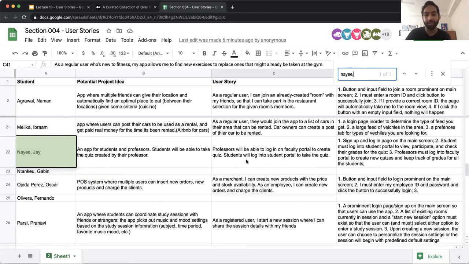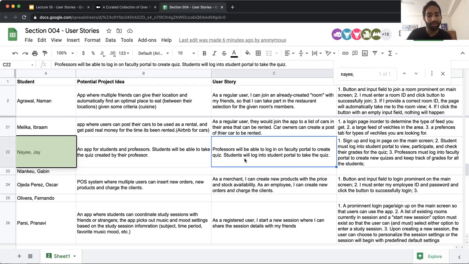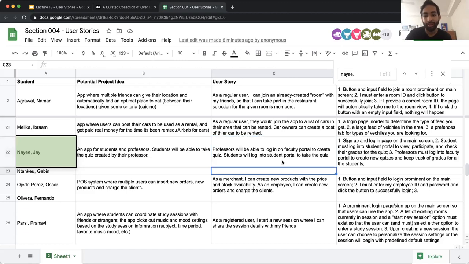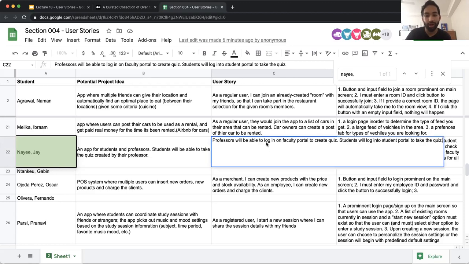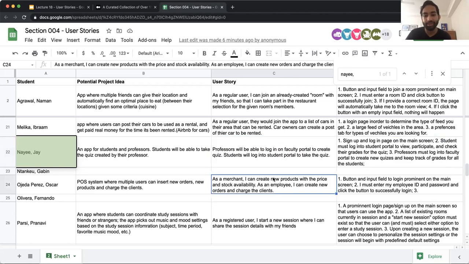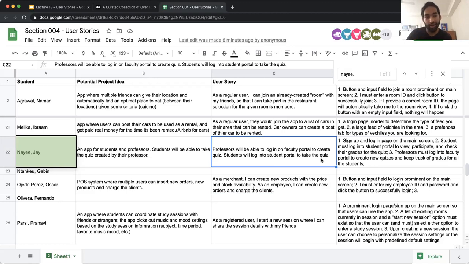So the professor is creating a quiz so that they can share it with the students to take it. The student is taking the quiz in order to get their grade. One thing is that you can break this down even further into 4 stories. So logging in is a separate action with a separate goal from creating a quiz. I'm logging in so I can access my app and the portal, but I'm creating the quiz so I can create a specific kind of test for my students to take. So I would actually split it into 4, 2 different